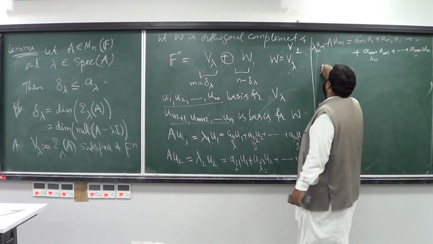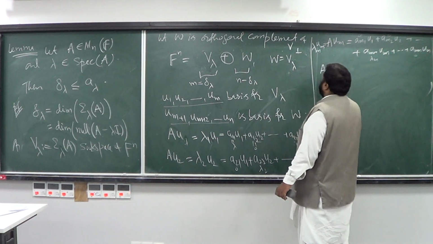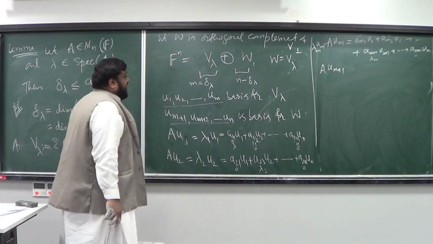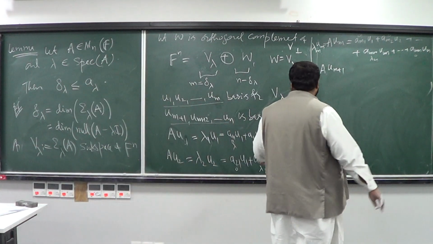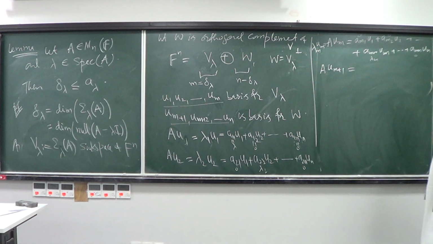How about AU_(m+1)? Now these are not the eigenvectors of A. They are not the elements of B. So you're going to get some coefficients for it. So in other words,